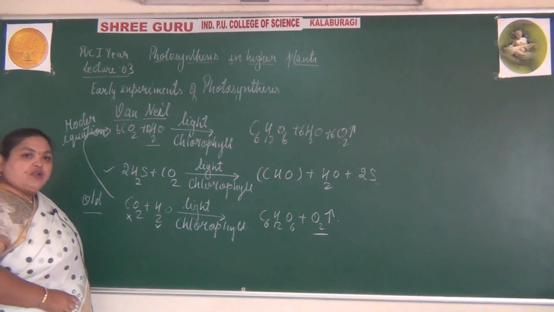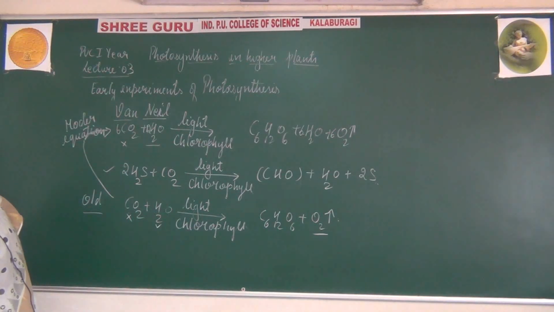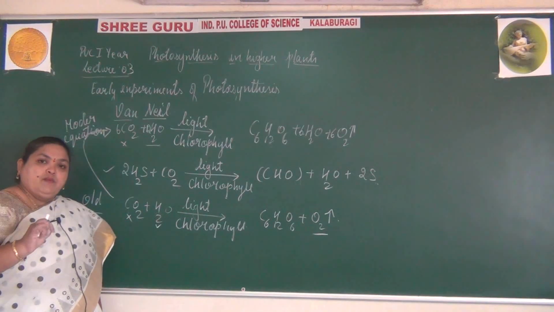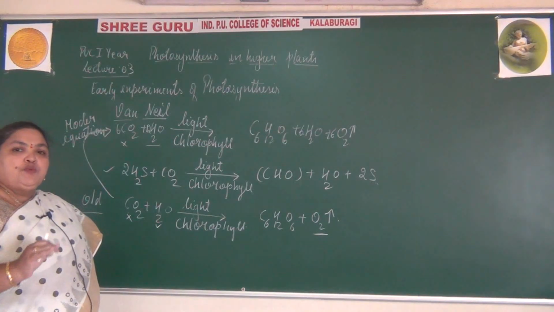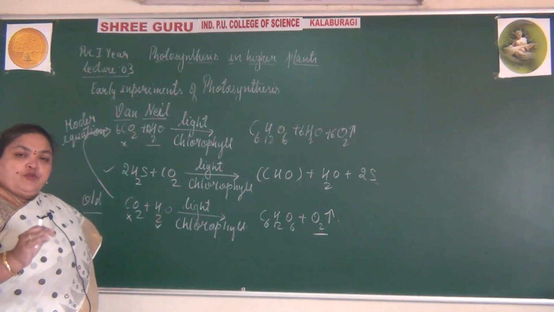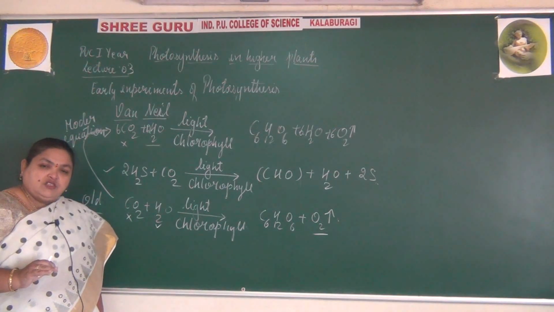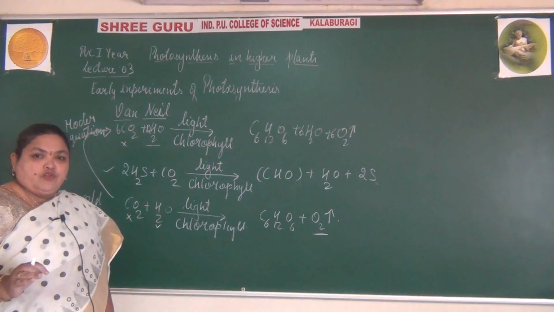It is because of the water molecules and not from carbon dioxide. So these are the 5 experiments done by the scientists to study photosynthesis. The first experiment is the bell jar experiment done by Joseph Priestley. The second experiment is to show that plants produce air, using aquatic plants, and that air is nothing but oxygen. So oxygen is released by the plants during the process of photosynthesis.